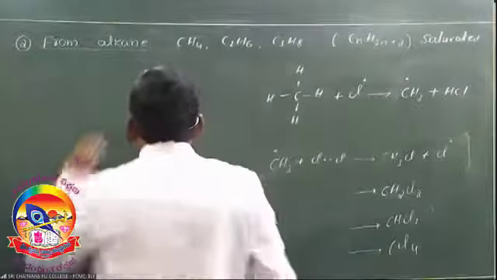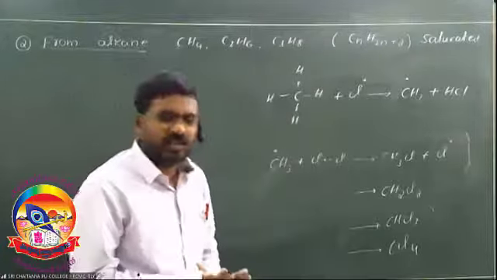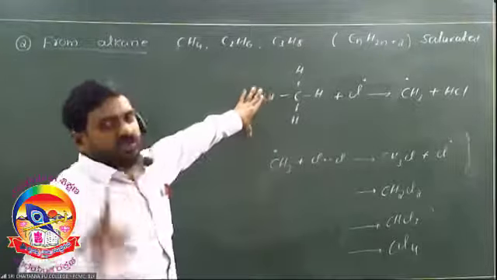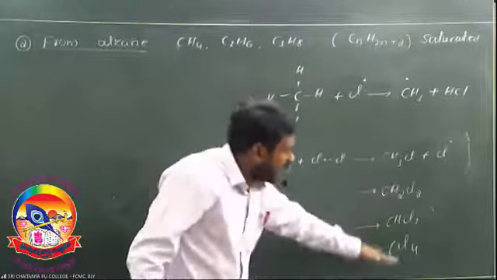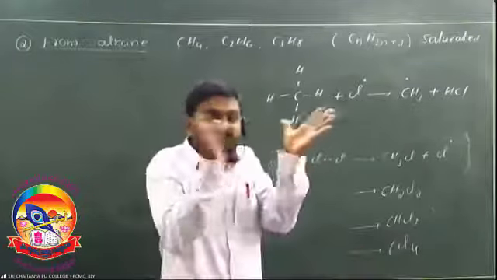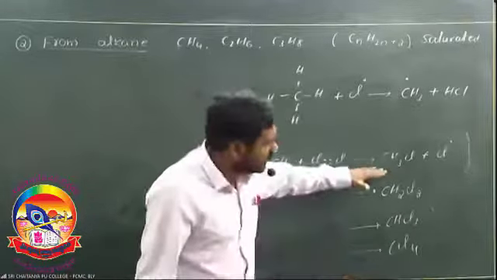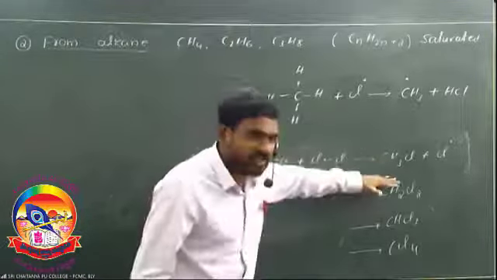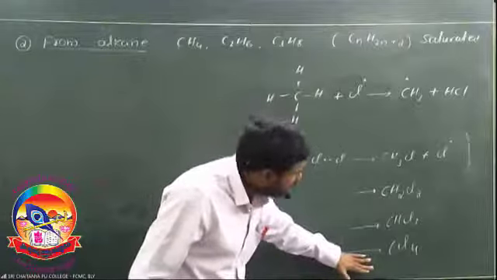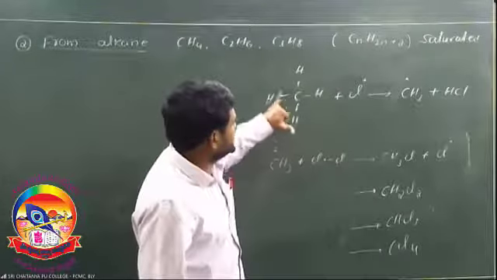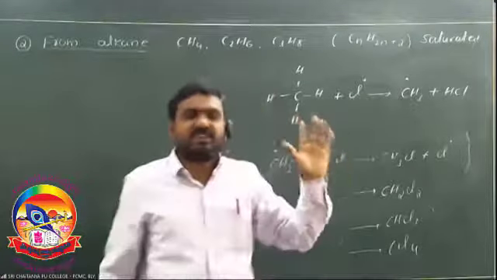But here we require only the monohalogen derivative, not polyhalogen derivatives. This method is not suitable because mono, di, and polyhalogen derivatives are formed, so isolating the different haloalkanes is very difficult. Hydrogens are successively replaced by Cl free radical, hence it is called free radical substitution reaction.